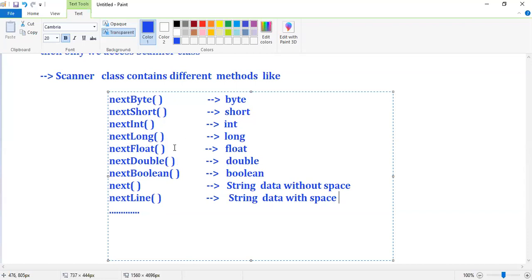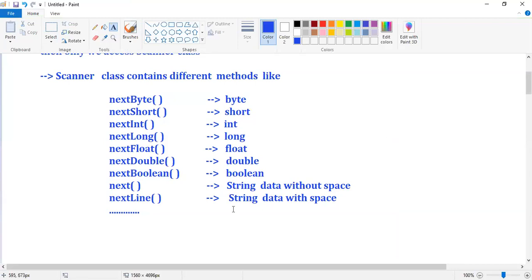These are the basic data types which we are going to use, guys. In this, are all data types covered or is any data type pending?